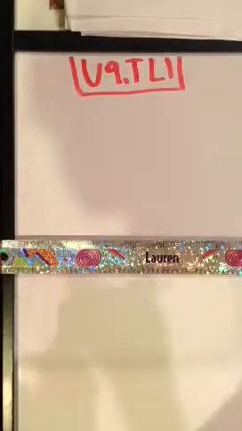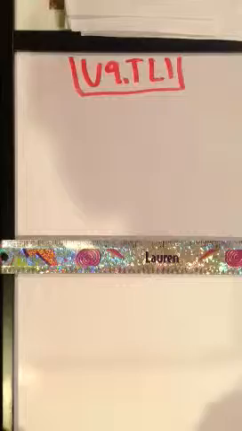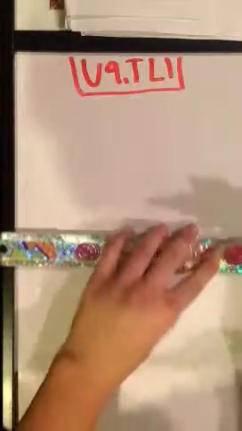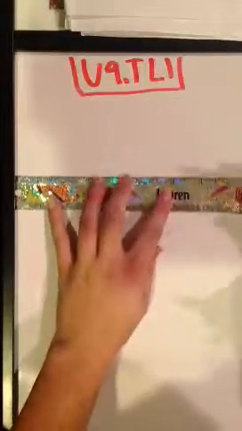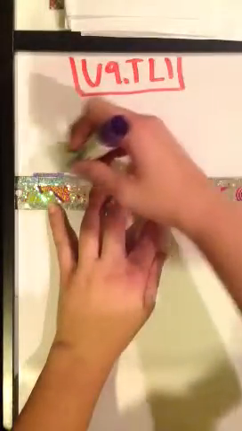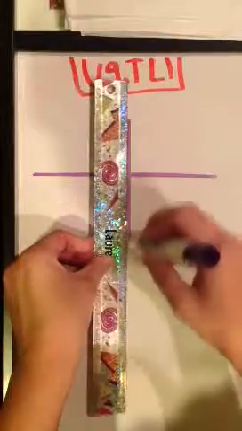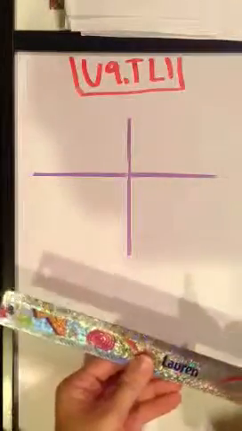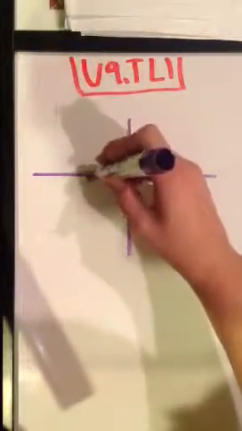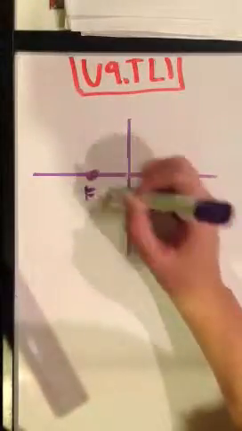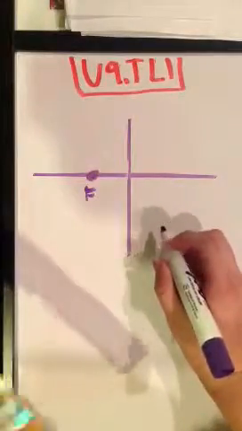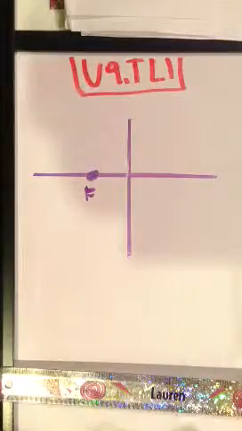I'm doing Unit 9 on thin lenses, and I'm going to be drawing ray diagrams to find the position of an image and talk about the characteristics of each of the images. Okay, so for the first one, draw the axis. We have the focal point here, and the object is at infinity. So the first ray,